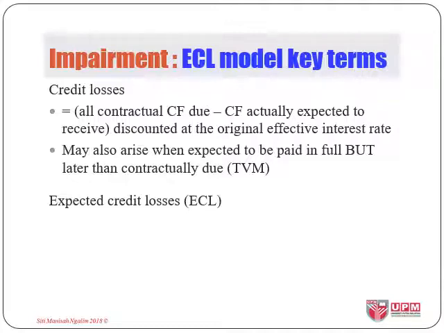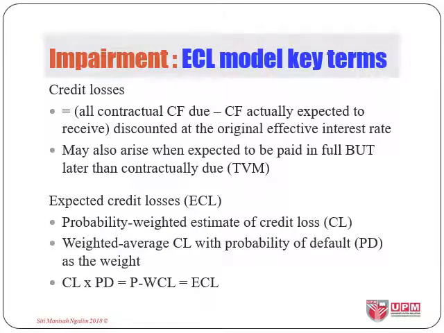The second term is expected credit losses or ECL. The word expected there gives us the idea that this is something that we estimate and not absolute, but rather a weighted average value. And it all depends on the probability of default. How sure are we that the default event will occur? 40%, 60% or 100%? Because the event is something expected in the future, therefore there is a need to assess how probable it is to occur and result in the expected credit loss. So we could get to the expected credit loss by timing the probability of default with the amounts of credit loss expected.